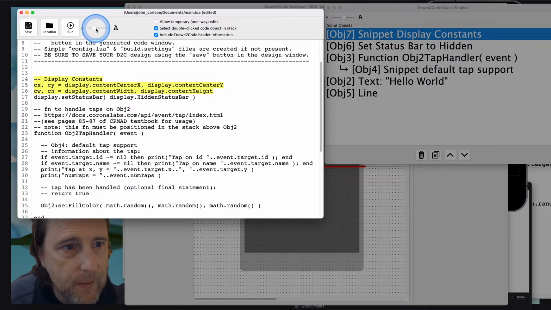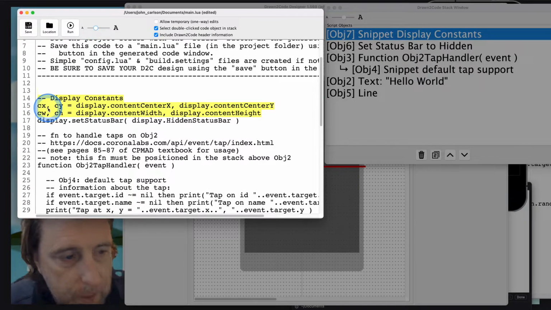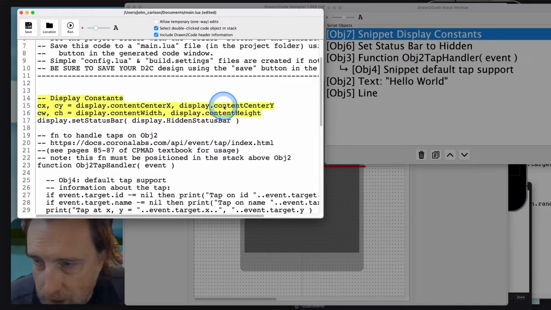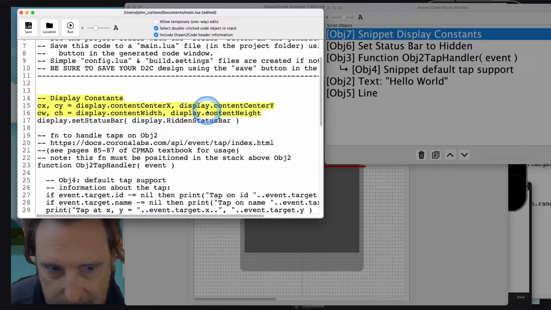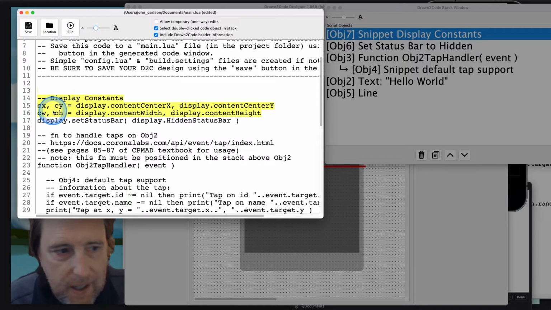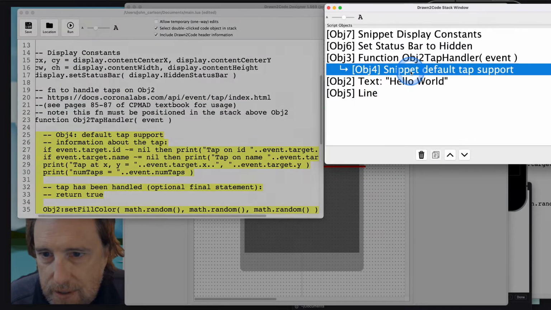So here in the generated code are 4 variables set up, CX, CY, which take on the values of the content center X and the content center Y, and CW and CH, which take on the values of the content width and height. So now programmatically, I can use CX and CY, for instance, to center something really easily. So hopping back into the snippet,